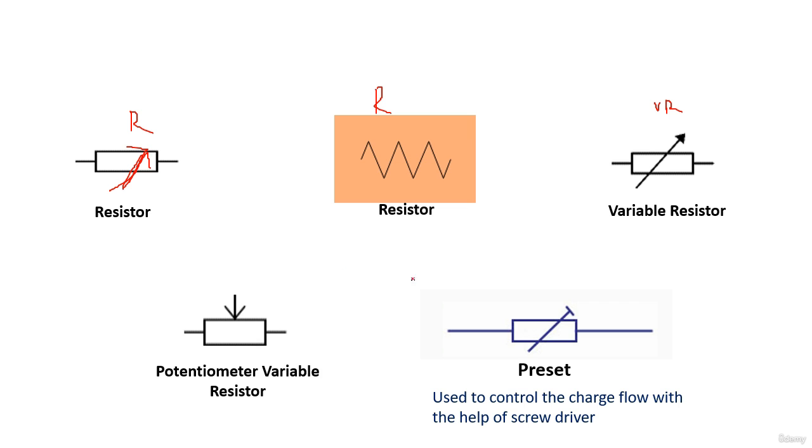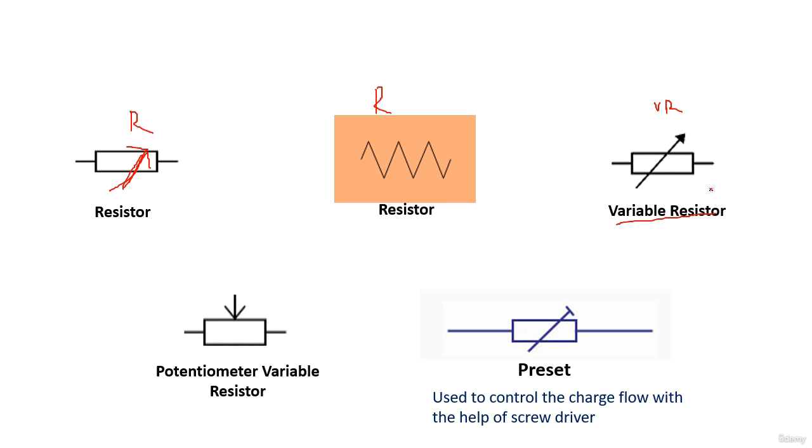This resistor is used in order to control the current flow, because when you increase the resistor, the current will decrease, and when the resistor is decreased, the current will increase. That's why we use this kind of resistor, I mean the variable resistor,